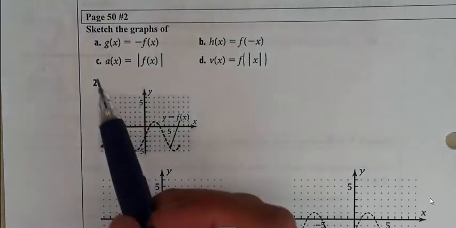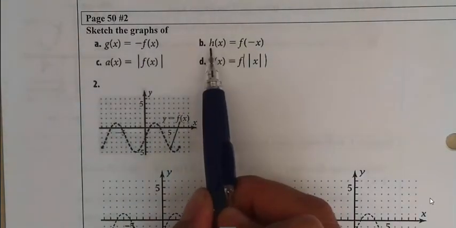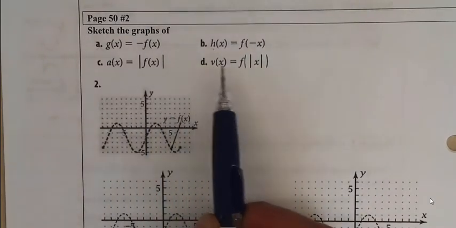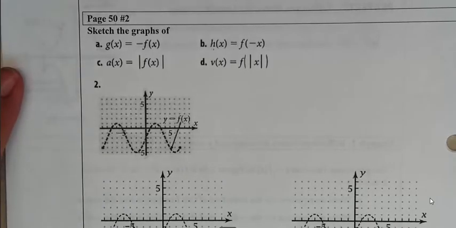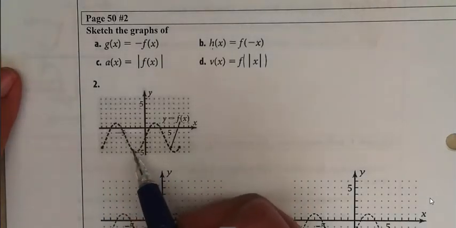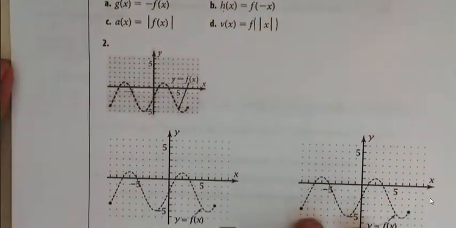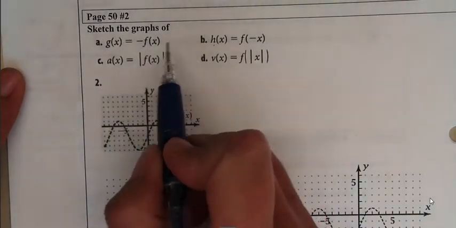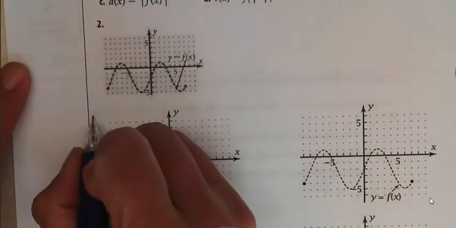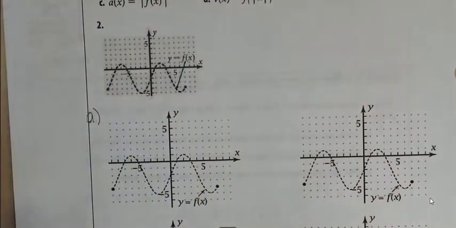And I think at this point now we can go ahead and we can do A and we can do B. And then we'll come back and talk about C and D, and that'll take us back up to the absolute value transformations. Okay, so here's our pre-image, okay, so I gave us that, and then we've got 4 different graphs that we can then plot A, B, C, and D. Probably be a good idea to label them, so this one will be A. Okay, so for A, we're going to do